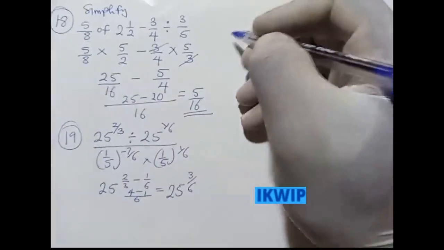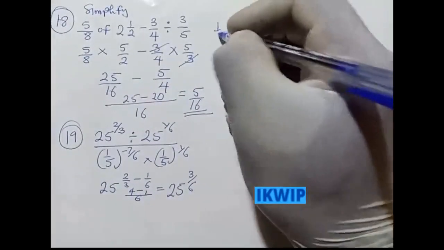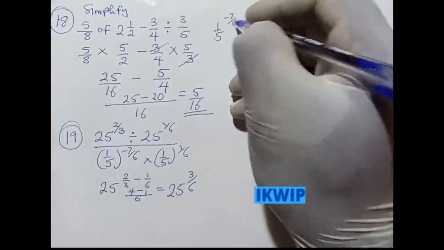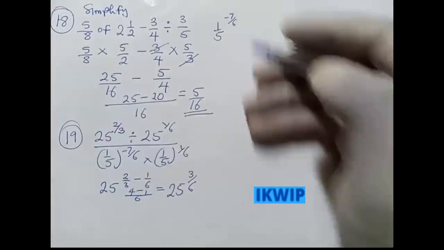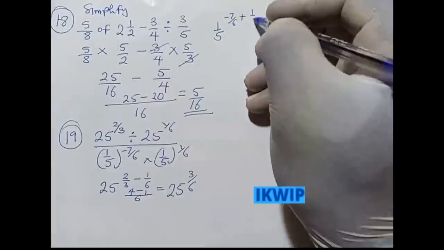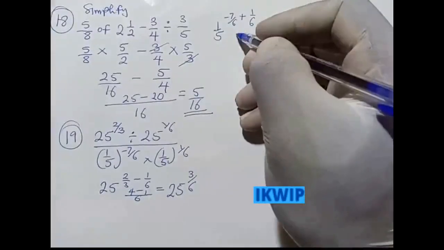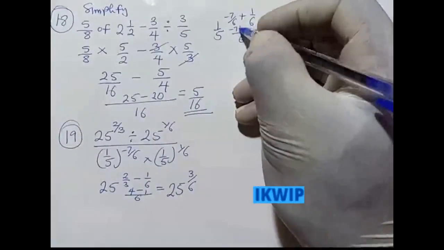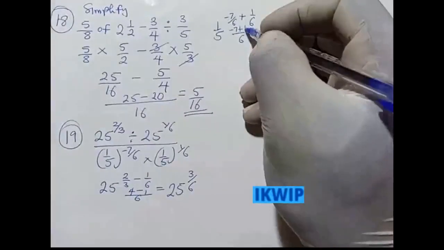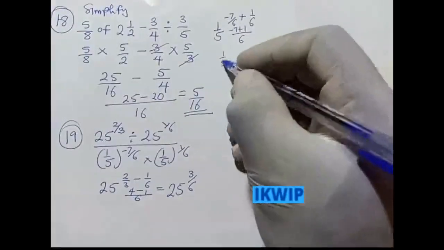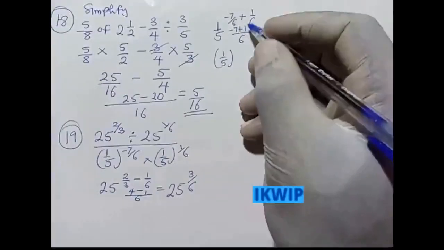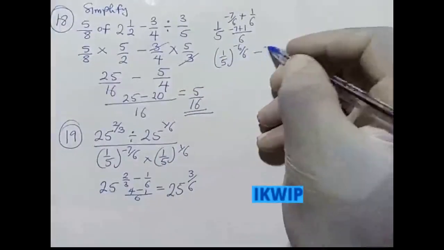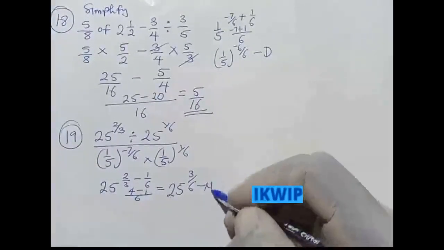Now for the denominator, which is 1 over 5 raised to the power of minus 7 over 6, it's multiplication, so we'll add the powers together. 1 over 5, they have the same base. Alright, 6 is the LCM of this. 6 in 6, 1 times this, that's minus 7 plus 6 in 6, 1 times this, that is 1. So this gives me 1 over 5 raised to the power of minus 7 plus 1 is minus 6 over 6 here, right? So this is my denominator and this is my numerator.